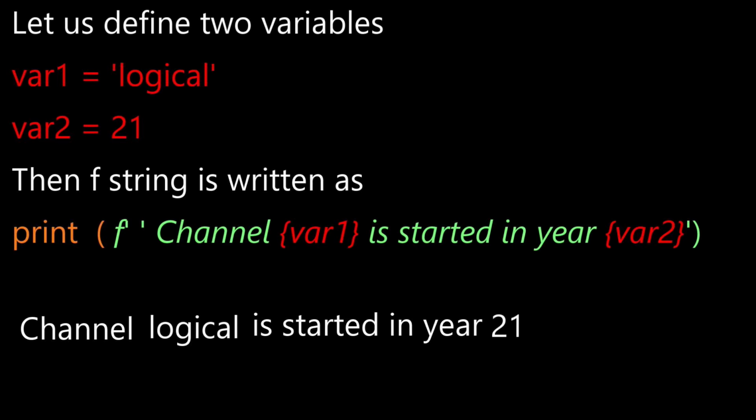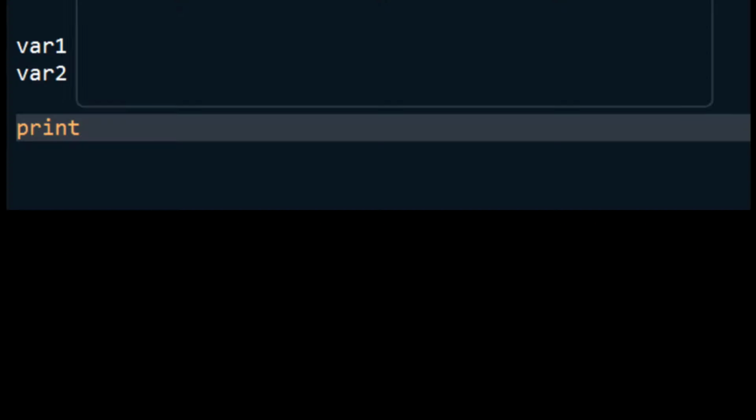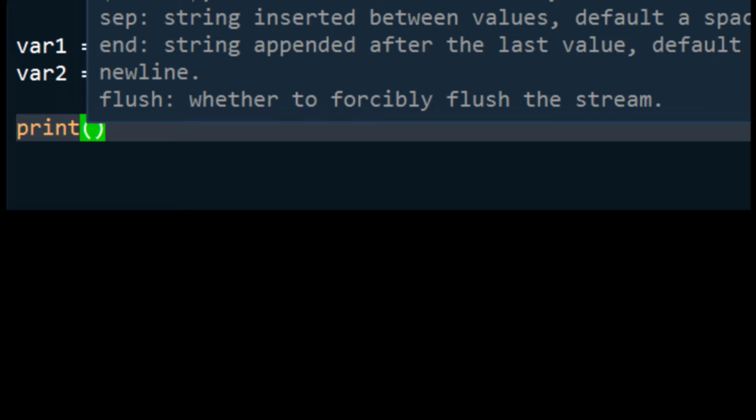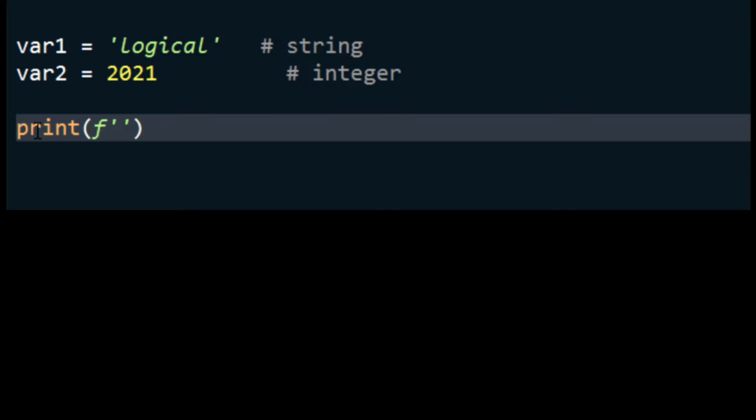Let us go to the Spyder and we define two variables again, variable 1 and variable 2, and a print statement. F single inverted comma channel, it is our text, then curly brace means variable 1.